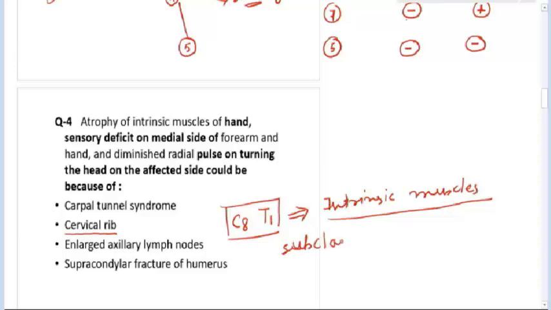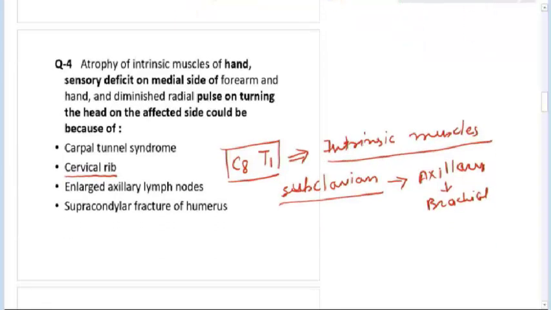Subclavian artery at the entrance into the axilla will become axillary artery, which will continue as brachial, and brachial will form radial and ulnar artery. So if the subclavian itself is blocked, all throughout the blood supply will be reduced,